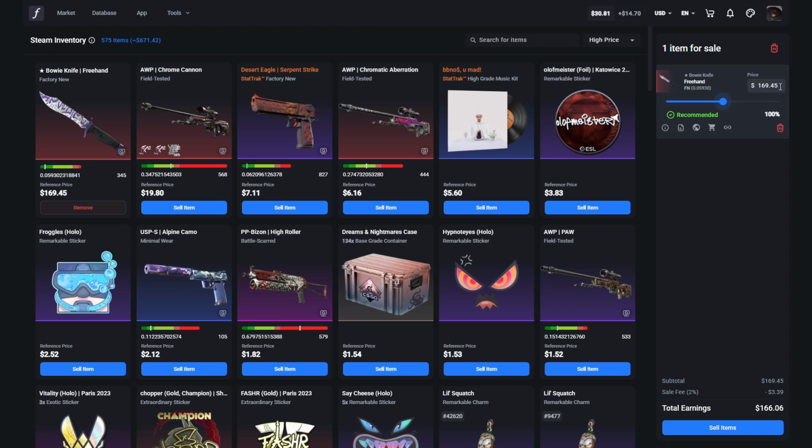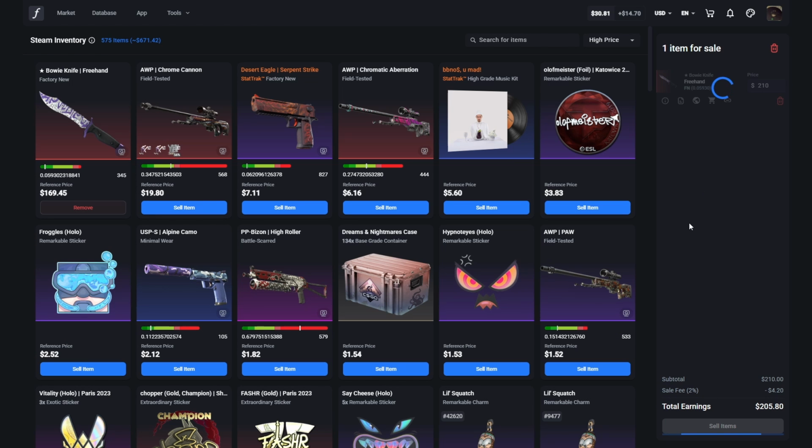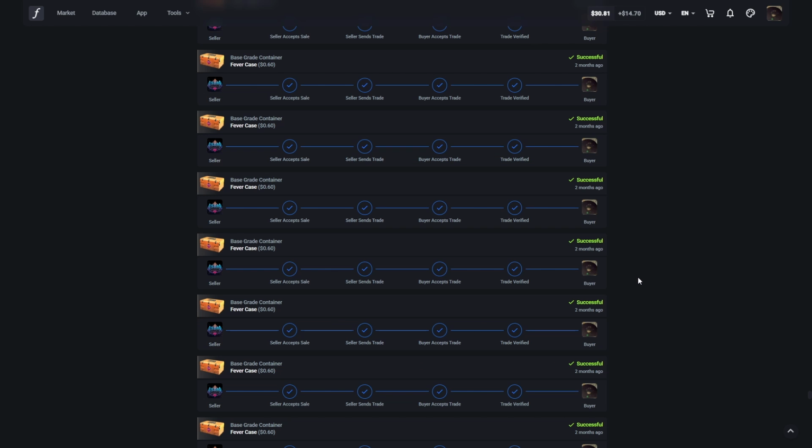And don't be afraid to overlist the item. I'm going to sell this for $210, and then click sell item and then click yes, and then wait for it to load, and then it will list the item automatically. Now that you know the basics of CSFloat, I'm going to show you a few investments I made, starting with